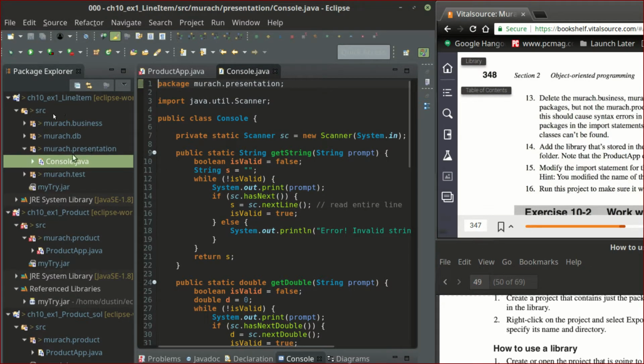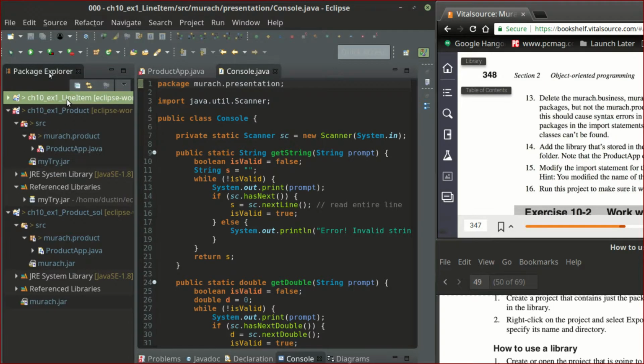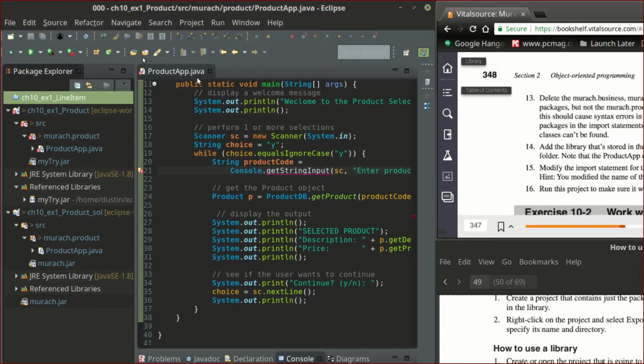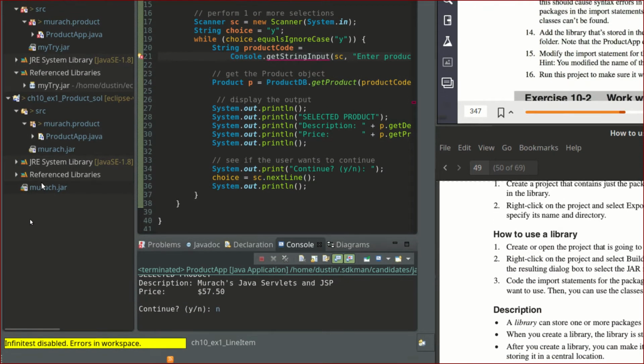It's a different console.java. However, I'm going to